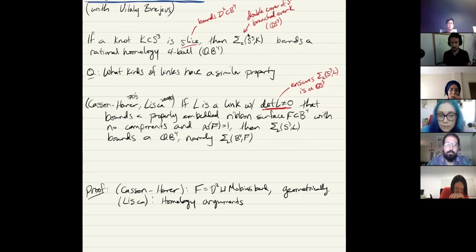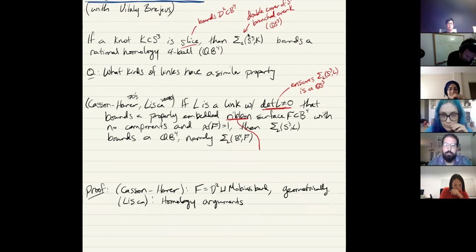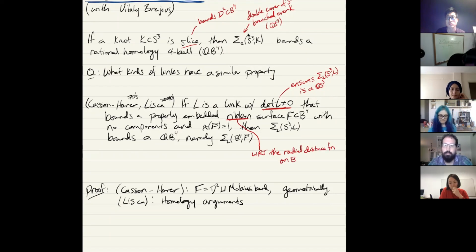So the one thing I want to mention is this word here. This ribbon surface idea, and this is sort of going back to some pictures that Maggie was drawing, which I'm going to be drawing as well. So what do I mean by a ribbon surface? Maggie was drawing these pictures of height functions, so we could think about it in that way. But I'm going to think about this function as the radial distance function. I'm going to put a function on the 4 ball, measuring the distance from the origin. So with respect to the radial distance function on the 4 ball,